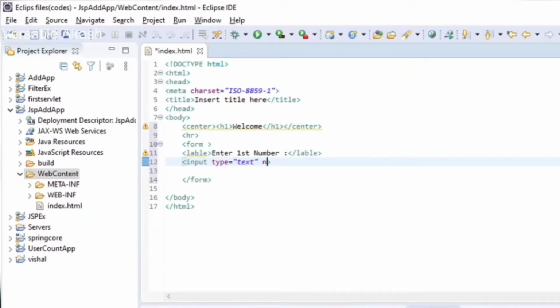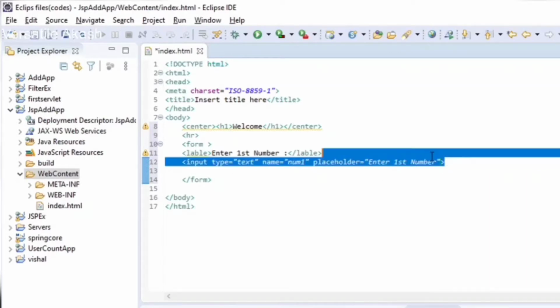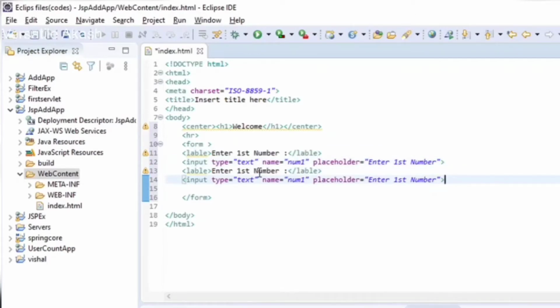And named with num1, number 1 short form num1, and placeholder enter first number. And for the second, copy it and paste it the same. Change it to second number and named with num2, placeholder second number, and create a button.